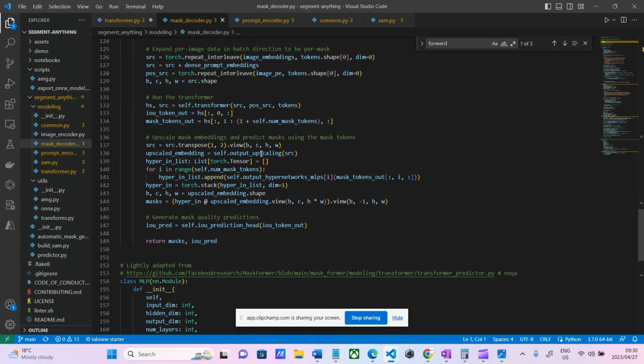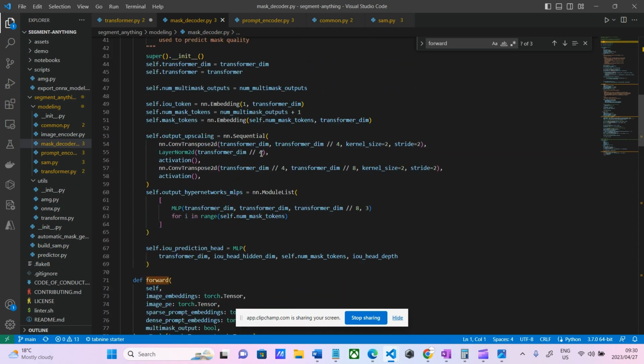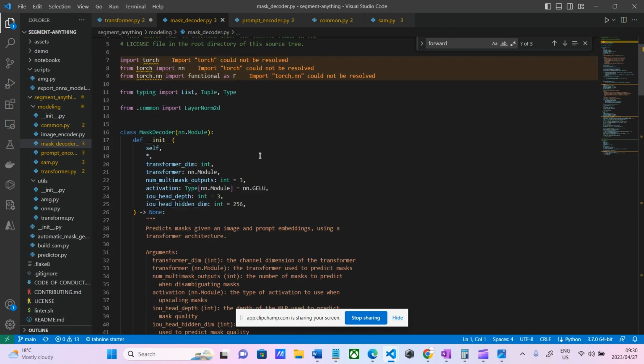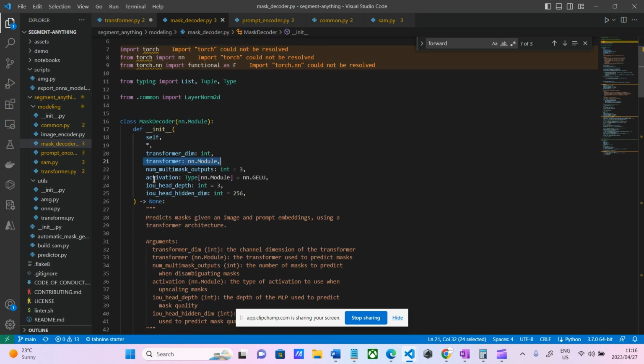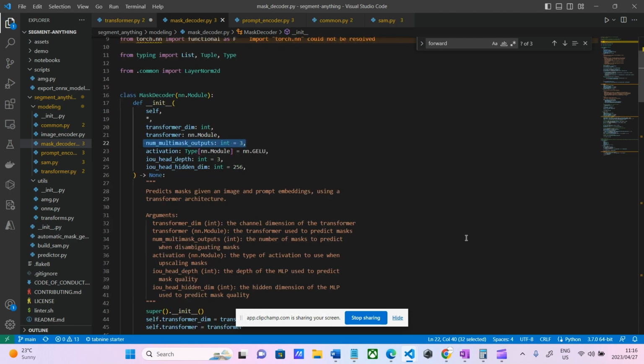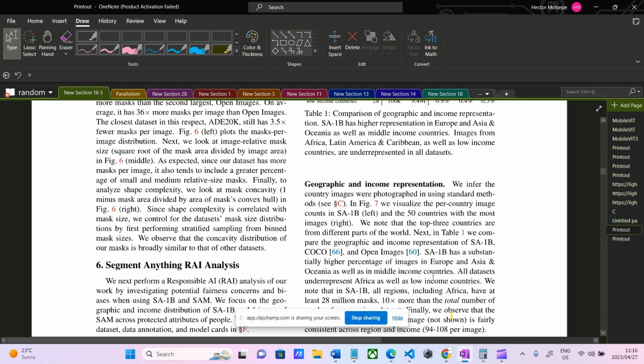It's 176. So yeah, this is the file that we have to understand now. So now this mask decoder takes the transformer dimension, including the transformer module. Then we have the number of multi-mask output. So in case you're wondering why we have multiple mask output, if we go back to the paper,